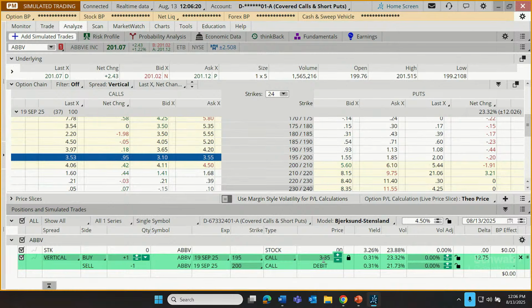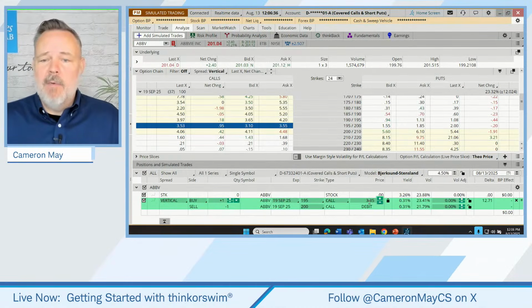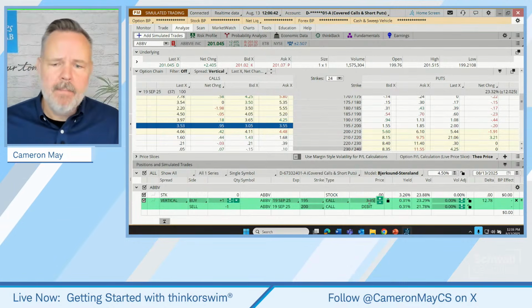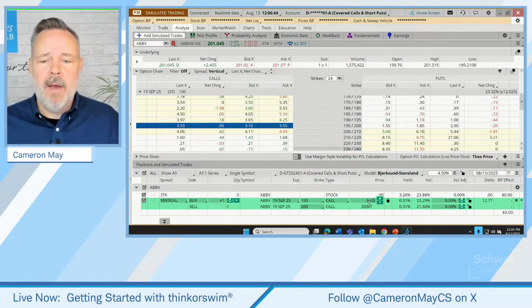Now, we actually could just confirm and send this order if we wanted to from here, but we can also go analyze its potential for profit or loss. I run into this all the time when I'm teaching new options traders. They'll express sentiments along the lines of, I wish there was just a tool that would show me how much I can make or lose and what the probability of success or failure is. Well, that is a possibility if we use that risk profile tool.